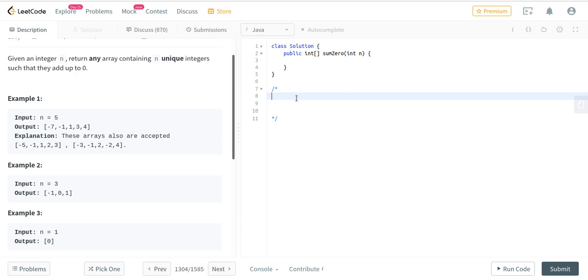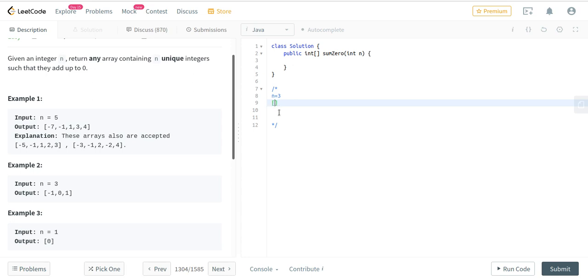For instance, if they had provided us n is equal to 3, and 3 is an odd number, then to make the sum of the array equal to 0, you have to use the same number of positive integers and negative integers.